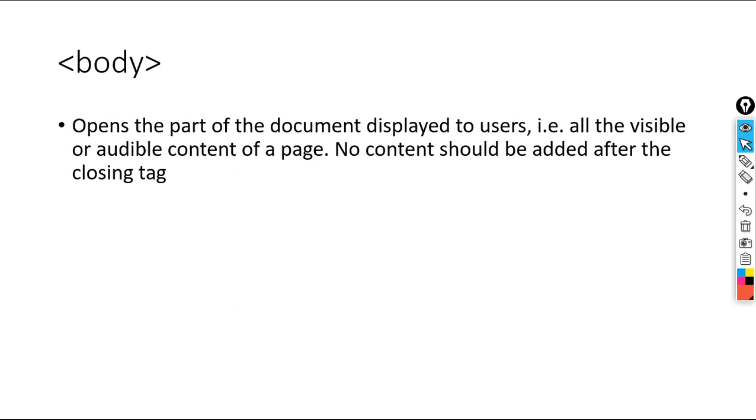The content which should be visible to the audience or viewer should be available between the body opening and body closing tags. So all the visible or audible content of a web page will be part of the body section. No content should be added after the closing body tag.